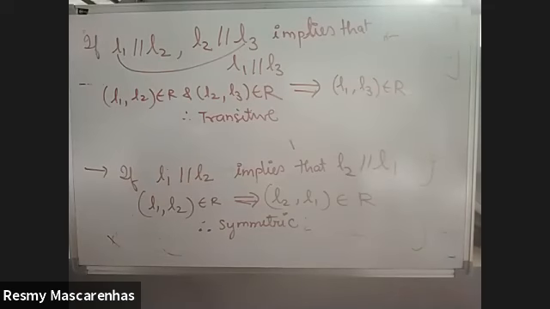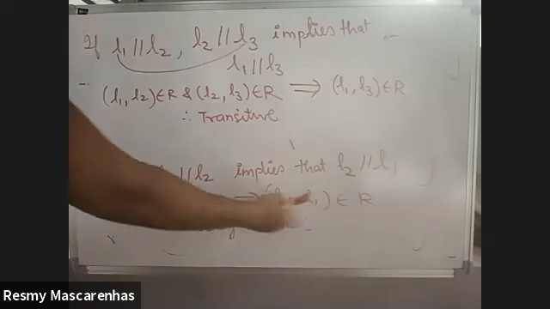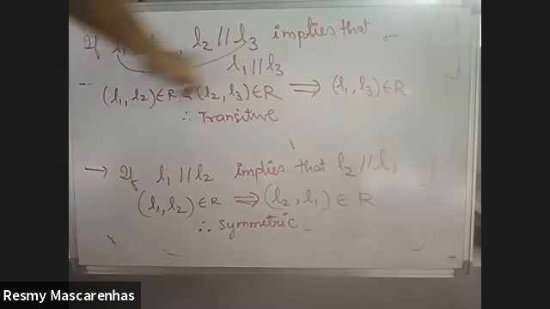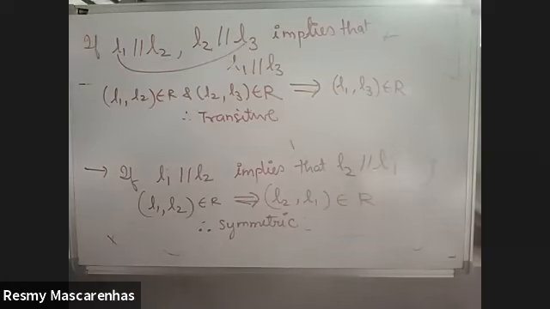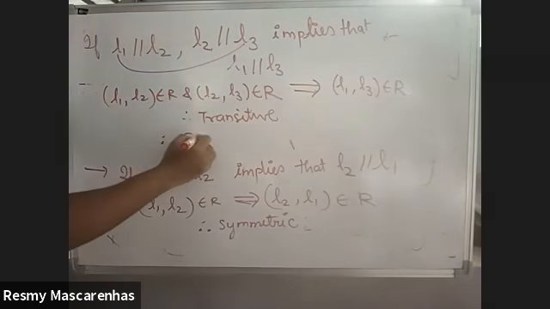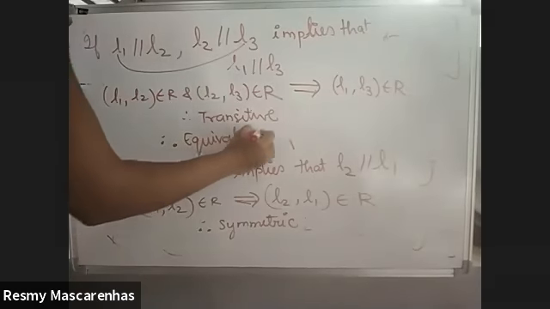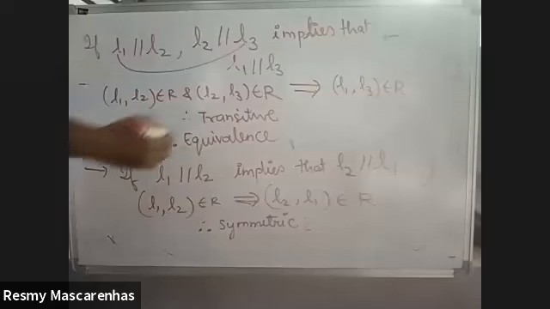First you have to always check with itself for reflexive. Symmetry you have to check with what? Reverse and check. And here you have to take three things: first, second, and the first and the third one, whether it is satisfying the condition. The condition was what over here? To check whether the lines are parallel. So first you checked with itself, then with the second line, then with the third line. And then all the conditions matched. Therefore, since it is reflexive, symmetric, as well as transitive, as per the definition, it is called equivalence. Therefore, equivalence relation.